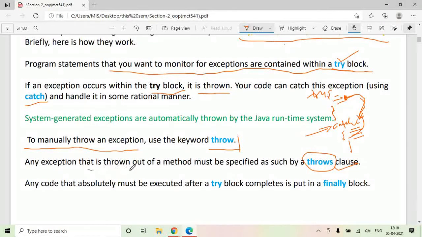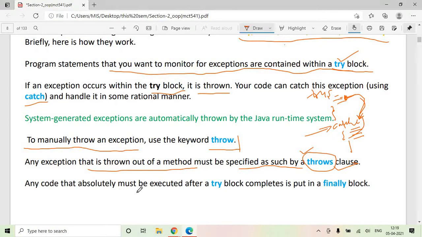An exception that is thrown out of a method must be specified by a throws clause. Let's suppose you write a particular function that is supposed to throw only integer and character kinds of exceptions. That restriction is specified there with the help of the throws clause. You will be more clear on this when we see it with the help of a program.